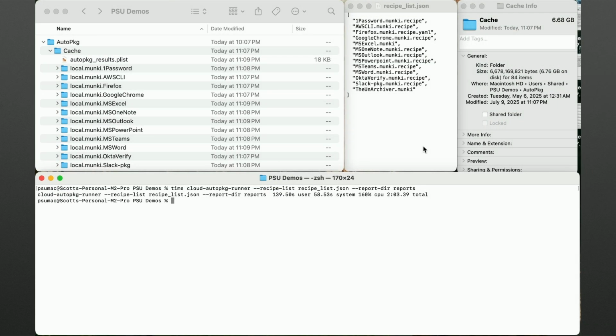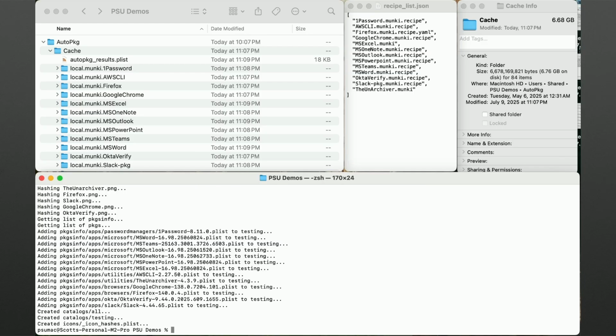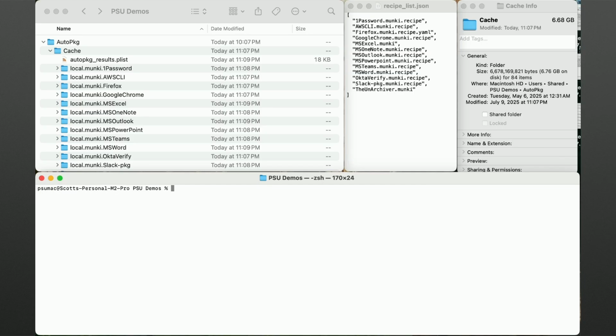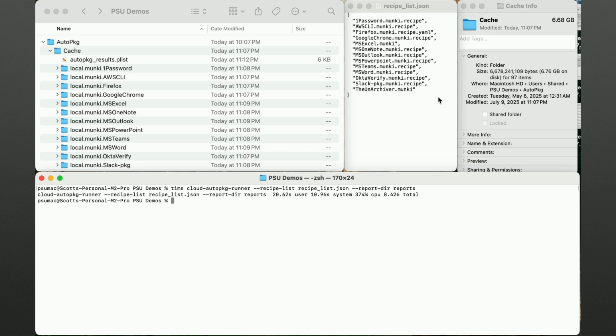So let's get back into the demo. Just like last time, we're going to run make catalogs again. Okay, it's going. Again, this is to prevent the duplicate imports. We're going to clear the screen, and then we can run the same command again. And I'm just going to wait. Because it's already done. This took 8.4 seconds to complete. Again, this has full cache. But the comparison here is this took 1.5 minutes with native AutoPkg.